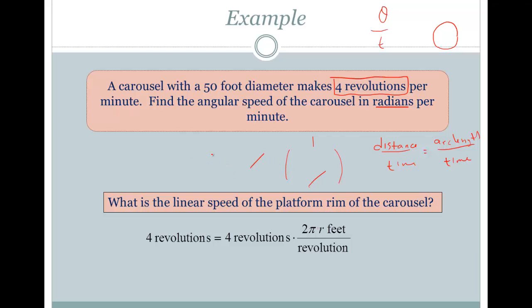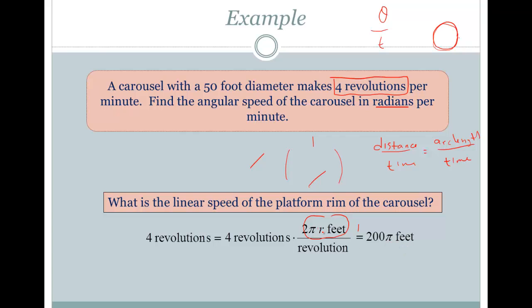If I'm a point on this circle up here, and I wanted to measure the distance I went, the linear distance all the way around here, that's the circumference. Circumference is 2 pi r feet, and that's in 1 revolution. Again, this ratio is equal to 1. So in 4 revolutions, I'm going to travel 200 pi feet, because here